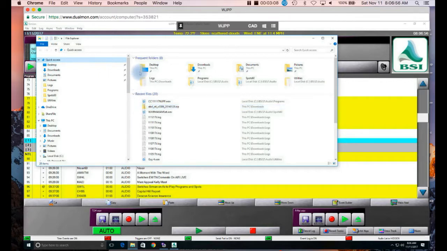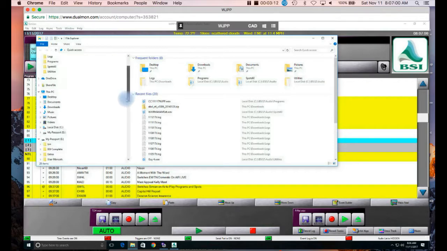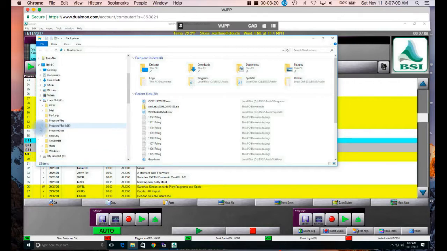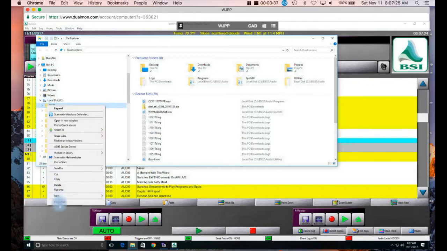But let's suppose you want to do more. I'm going to go down here a little bit further, because in this particular case, on the C drive, we have other things that we really need to get to, and sometimes it won't let you get there. And we want to go to BSI 32. This has to do with the Simian for you folks that are using the automation system, which is predominantly why we're doing this. Right-click on BSI 32, go to Properties,